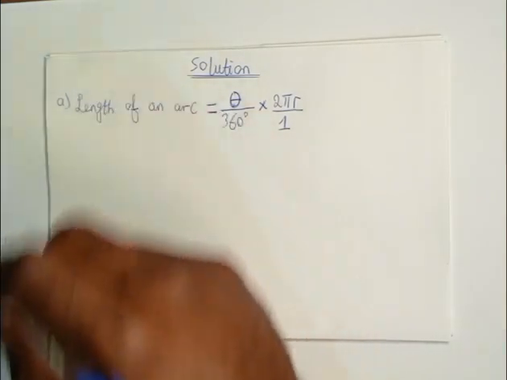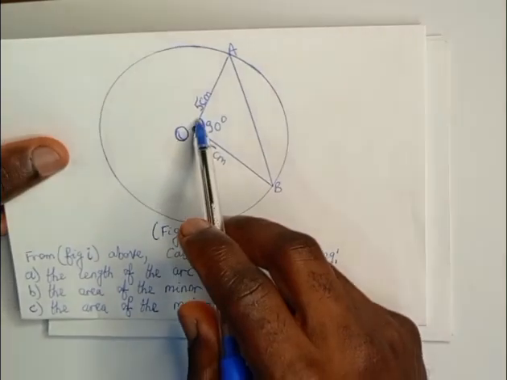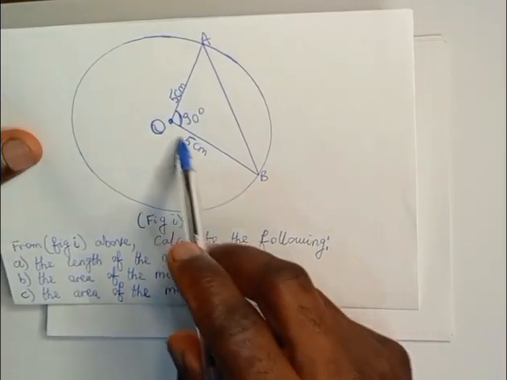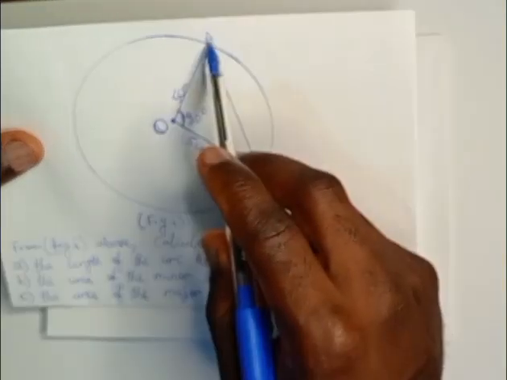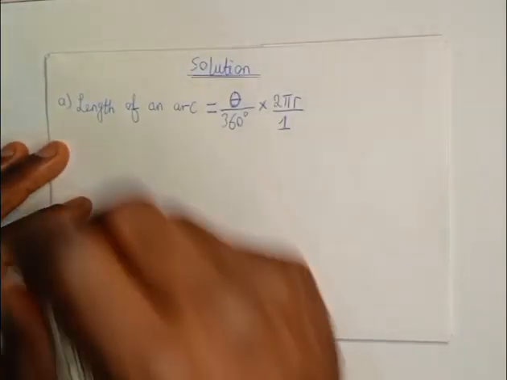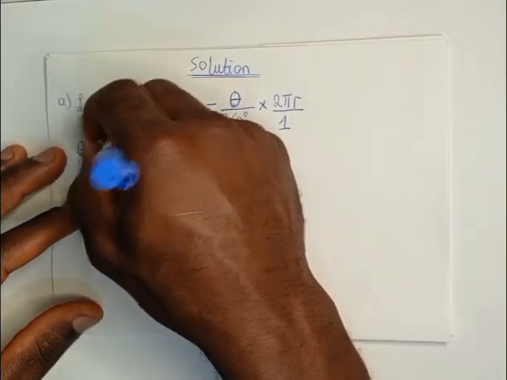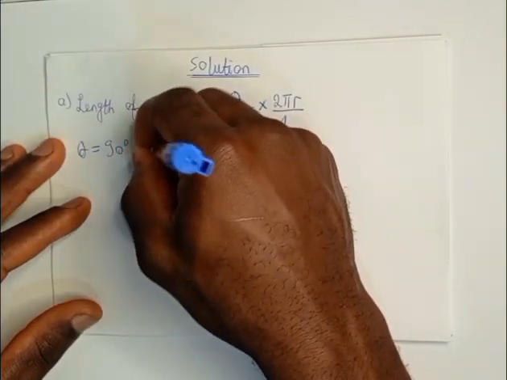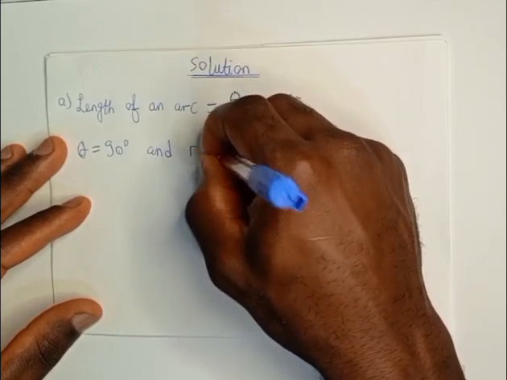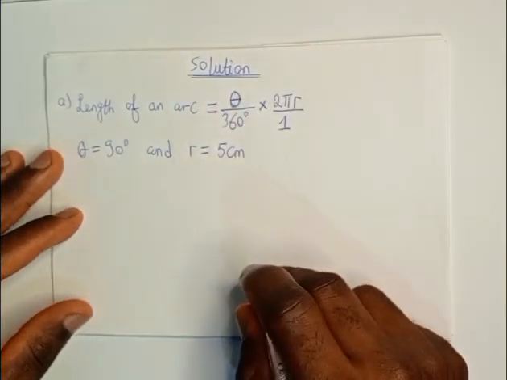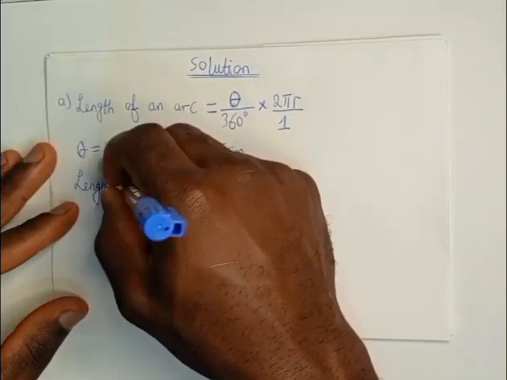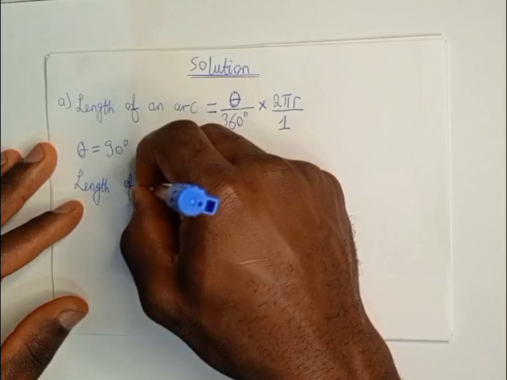From the question, the angle subtended, this is the angle theta, is 90 degrees. The radius is 5 centimeters from the center to any point on the circumference of the circle. We're going to write them down. Theta is 90 degrees and r is equal to 5 centimeters. This will give us the length of the arc